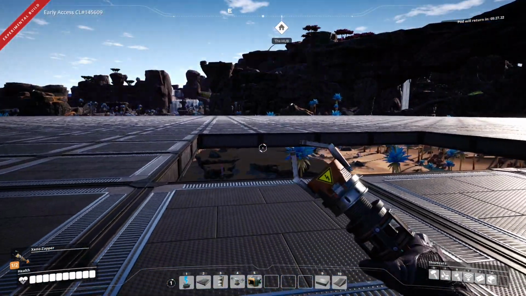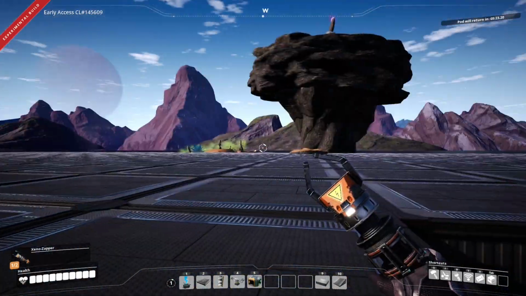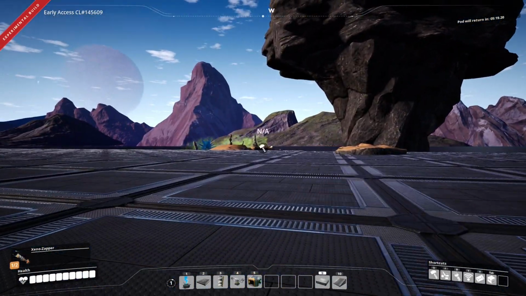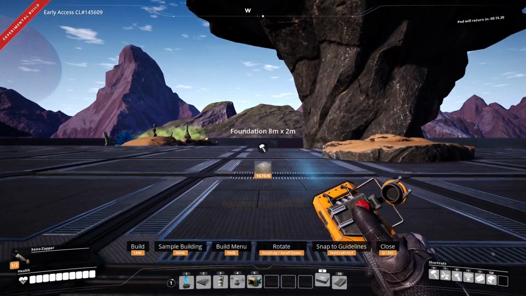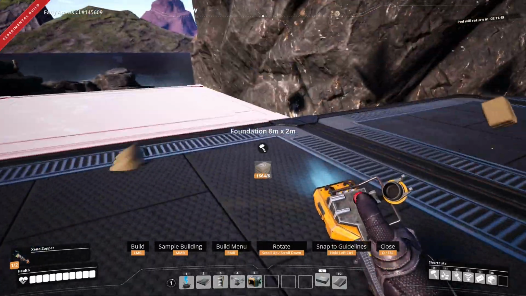Now, I saved everybody the trouble of hanging out with me for all of this, but we've got to have a spot for our space elevator. So before it gets dark, I'd like to get one set up here. There we go. Also, I turned off the fog because